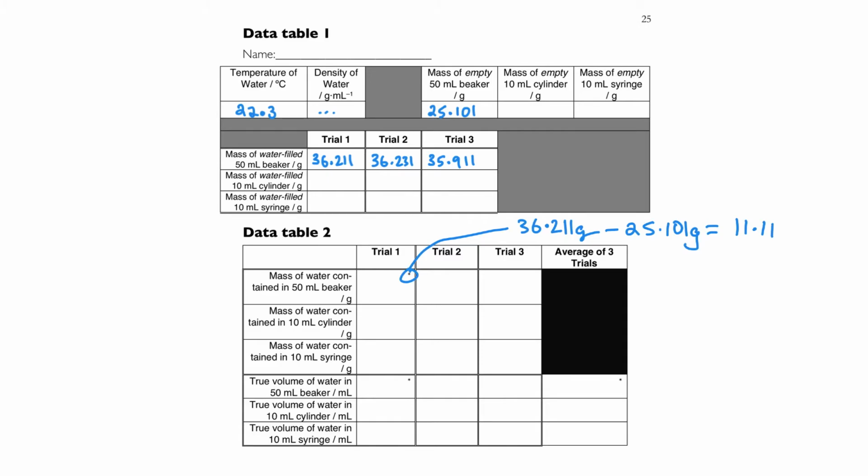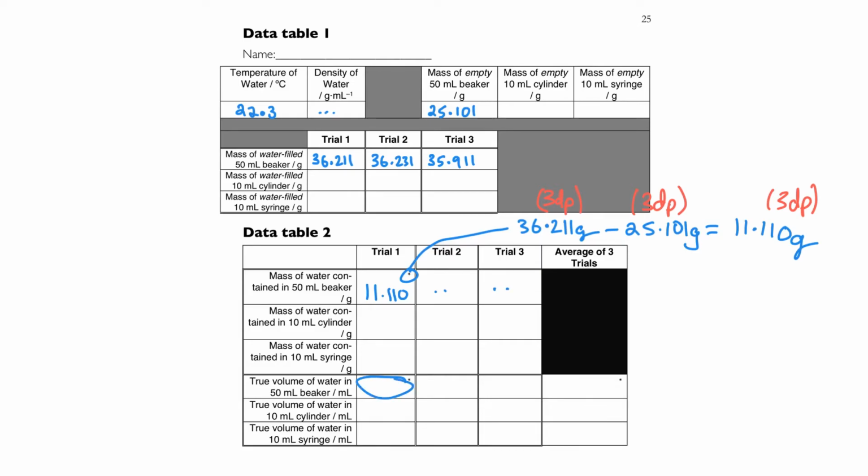11.11, and that's actually wrong. And the reason it's wrong is because when we subtract, we go by digits after the decimal. And so if these have 3 digits after the decimal, the final answer has to have 3. So even though your calculator won't display the last 0, you have to put it in, and of course you have to write the units in. Now, because we are dividing the units out here, we don't have to keep writing them in, so we can just write 11.110 here. You would do the same thing here and the same thing here,